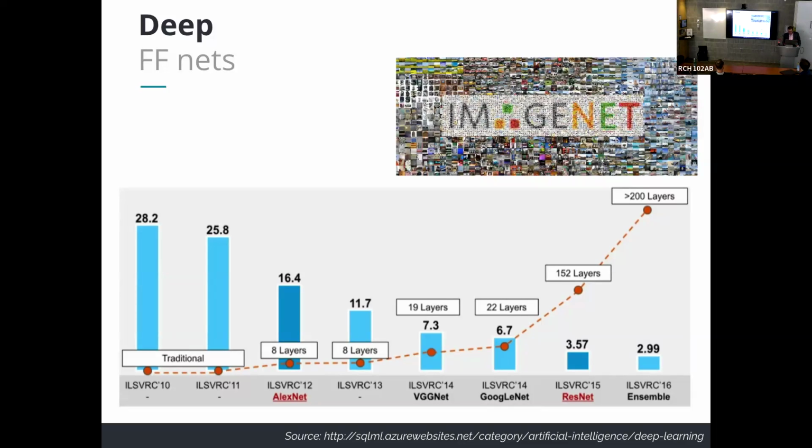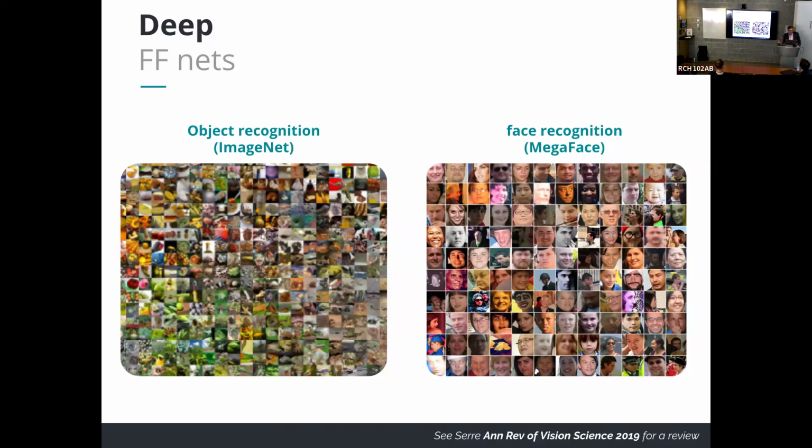So, in all fairness, I think the progress has been amazing. I would say well beyond what most of us computer vision scientists would have expected to see. When we look at two of the main computer vision challenges, natural object categorization is one, facial recognition is another one. Many of my colleagues in computer vision would argue that these two challenges are largely solved, that we have computer vision systems that can achieve human level, both for the categorization and recognition of natural image categories, and facial recognition. And yet, as much as I think there are reasons to be excited, and I don't want to dismiss the major gains that the field